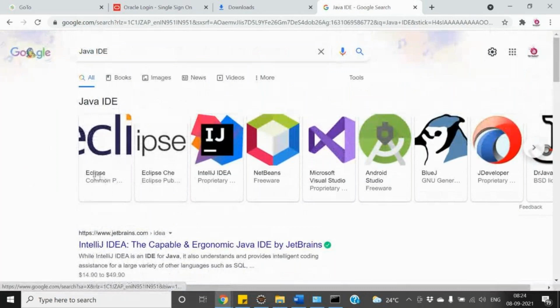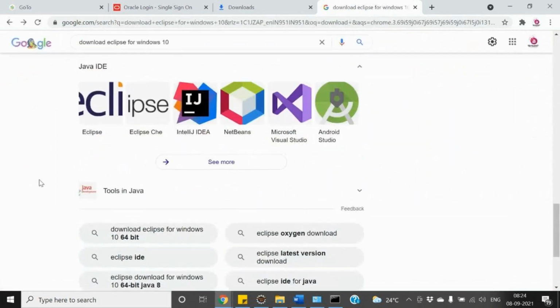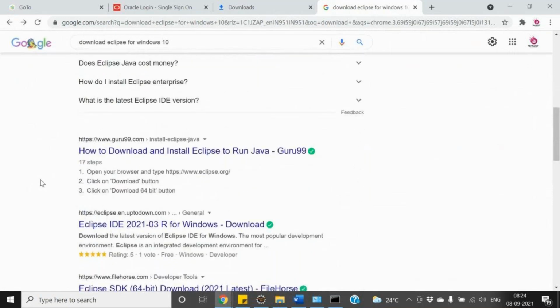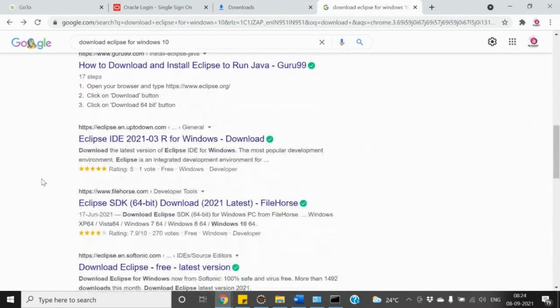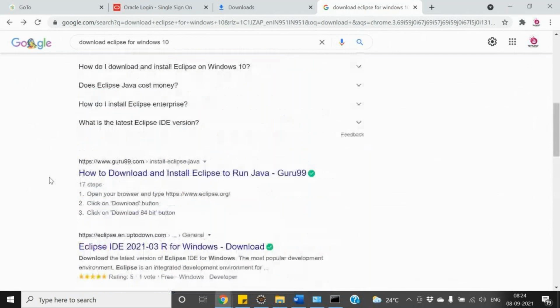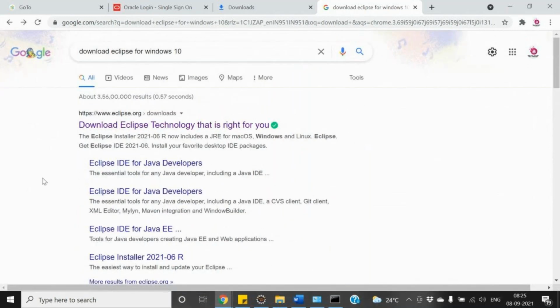So wherever you go, most, 80% of the organizations are using Eclipse for their Java execution purpose or for writing the Java program, isn't it? So that is how it is. Yeah, so what I'm going to do is go over here and click on this URL, Eclipse IDE for the Java developer, isn't it?